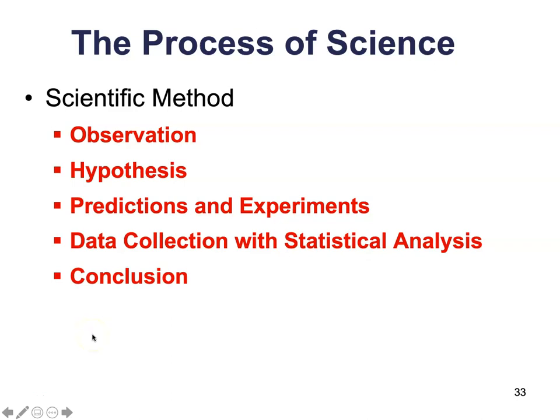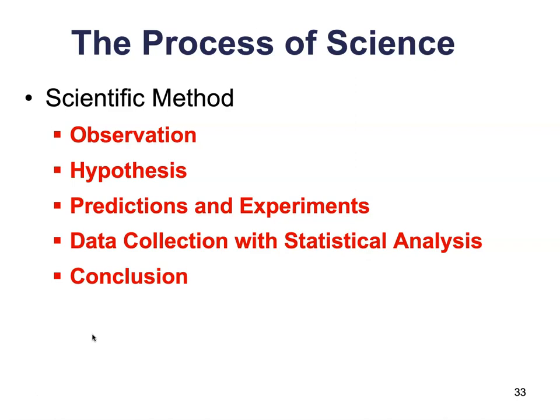Next up, we're going to talk about the process of science. Science is actually very, very organized, in a highly regulated sort of procedure. It's how we go about learning about the world around us, and this happens in a very organized way. A method that's known as the scientific method. This is going to include various steps like observation, hypothesis, predictions and experiments, data collection with statistical analysis, finally a